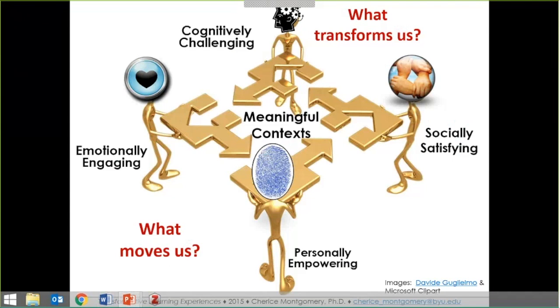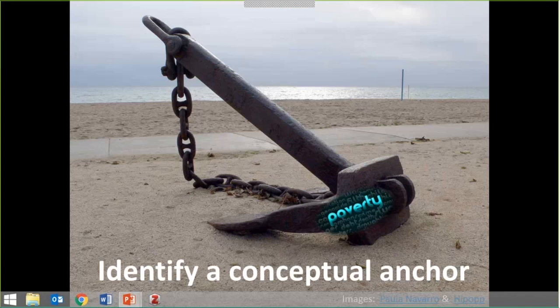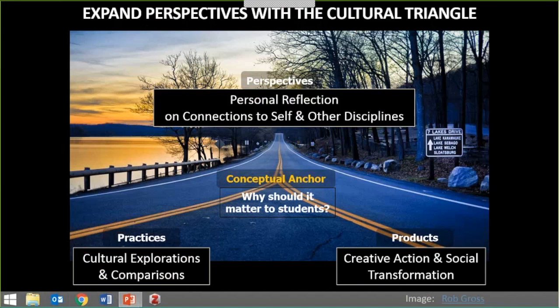In the interest of time, I want to quickly skip this slide, but you can look at it later, and talk quickly about the process for crafting an effective driving question. So we're going to start with our textbook, and we need to identify a conceptual anchor. What is it that's going to matter to our students and that's going to engage them in thinking about or exploring the culture, in thinking about how the culture connects to other disciplines and to their own experiences, and that